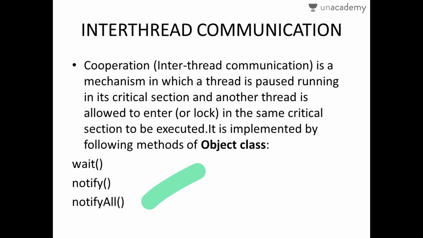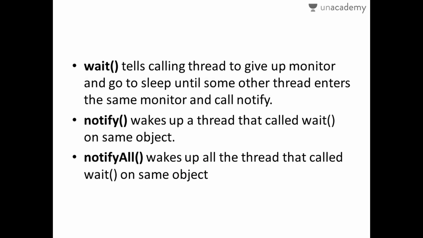That is, when one is in the wait state, the other thread notifies it. So there is obviously communication, right? So this is inter-thread communication. This inter-thread communication helps in preventing deadlock situations, and it helps in preventing inconsistent states. So this is very important, inter-thread communication. And let's see what wait is in detail.